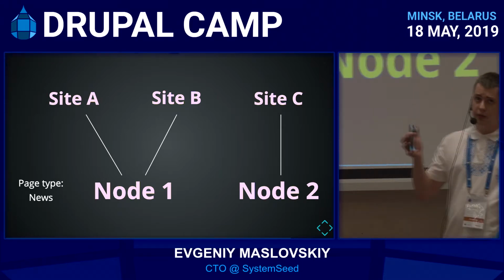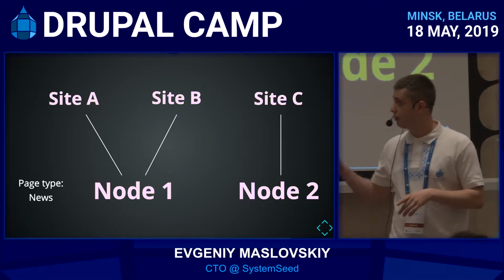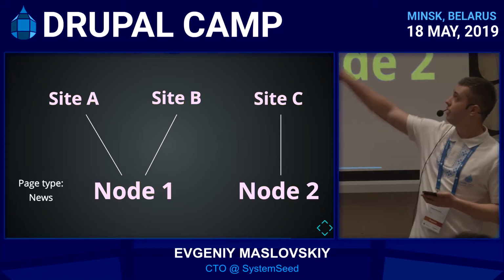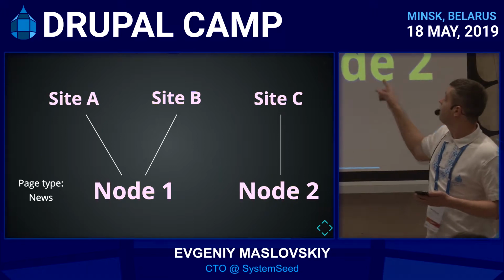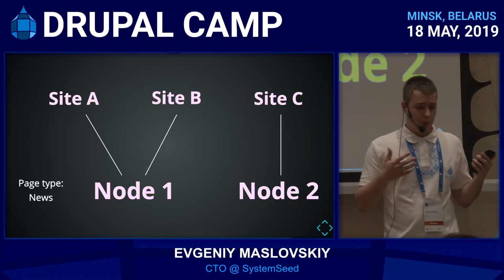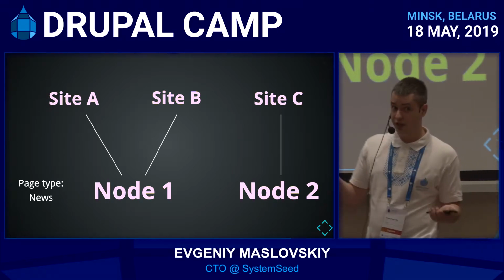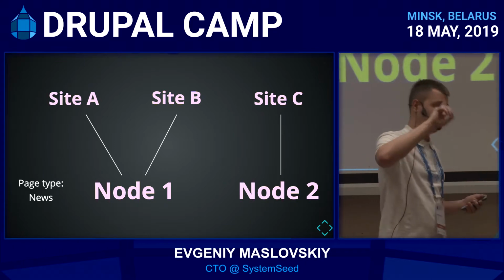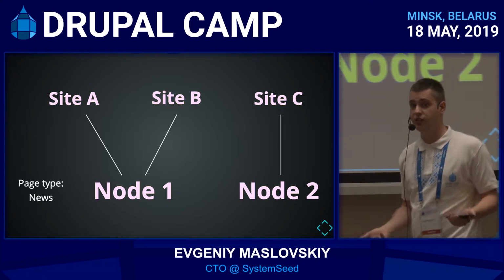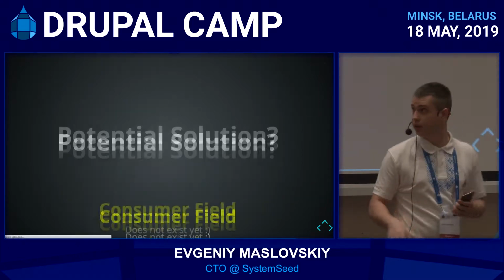Imagine this scenario. Let's think the website Drupal has node type news. And you want to serve one node to site A and site B, but a second node to site C. So when the front end requests data, we need to do some sort of permissioning. Actually, hold on, let me take a step back. We actually need to give content editors the opportunity to mark nodes,